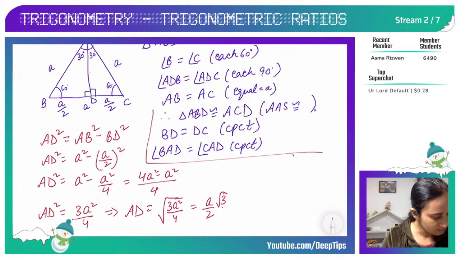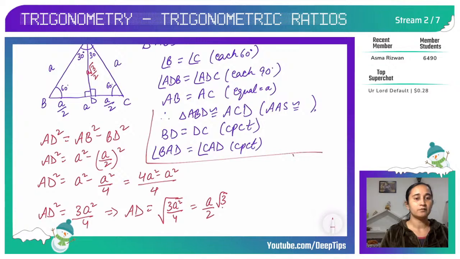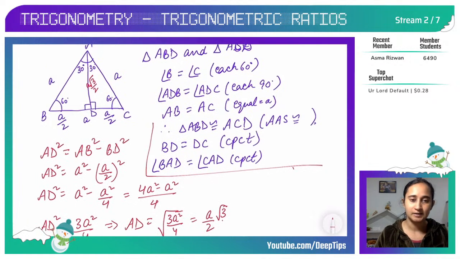Now let's write here, A root 3 by 2. Now we can find the values of sine 30, cos 30, tan 30, and all for 60 degrees as well. Both the values I can find from this triangle. So now I know the length of all the sides. This is why I took an equilateral triangle and I did not take a right angle triangle directly. I took an equilateral triangle and then I dropped a perpendicular to make it a right angle and divide the angle, so that I get the values of all my sides.